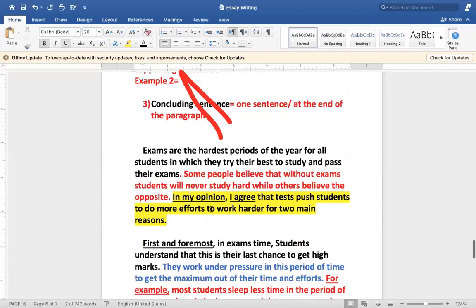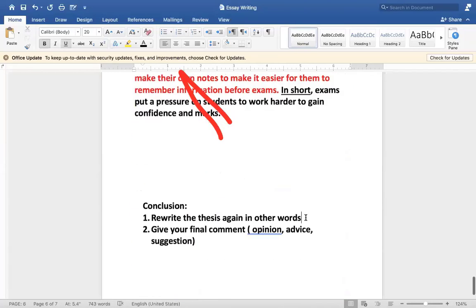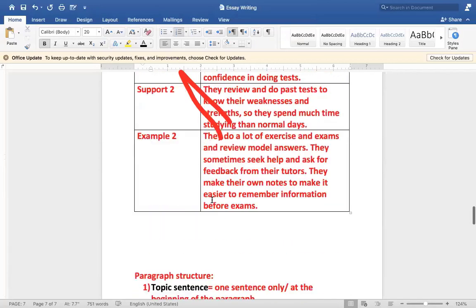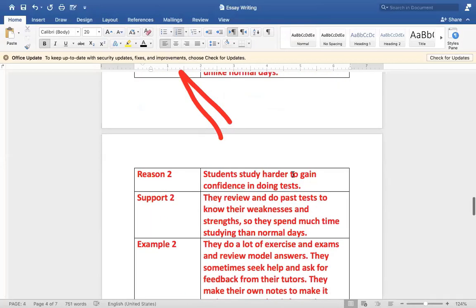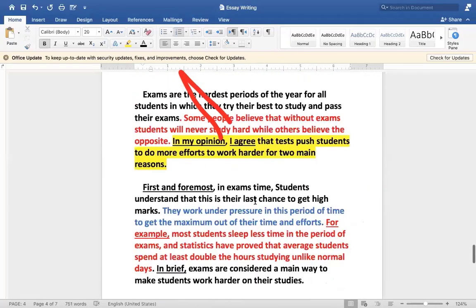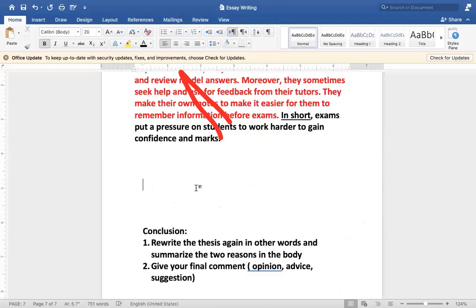عايزة اكتبها تاني بطريقة تانية، plus بقى ايه؟ and summarize the two reasons in the body. يعني انا هعمل ايه؟ انا هكتب الثيسس تاني، وفي الثيسس هلخص التو ريزونز. ايه التو ريزونز بتوعي؟ تعالوا نبص على كده. Students study hard, gain confidence in doing tests. والسبب الاولاني students study، بصوا كده هكتب في conclusion: in conclusion,